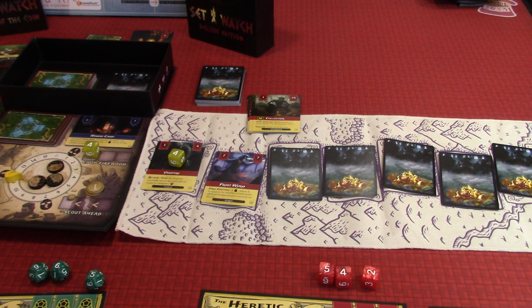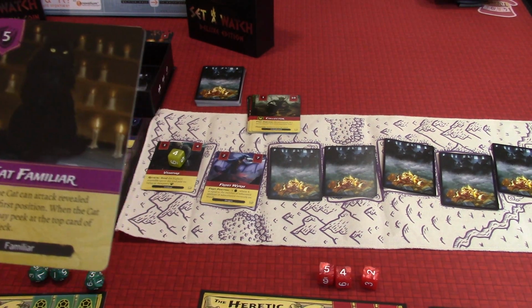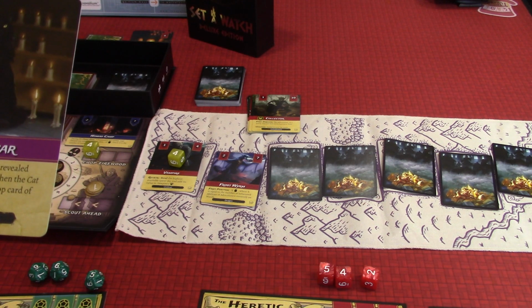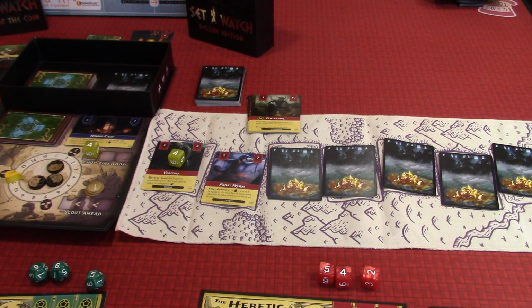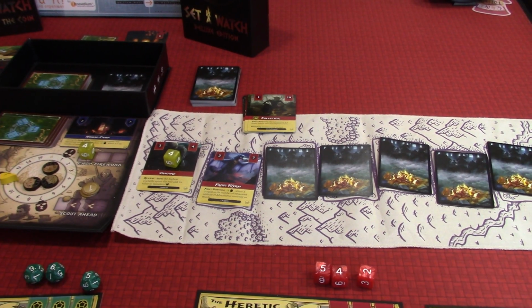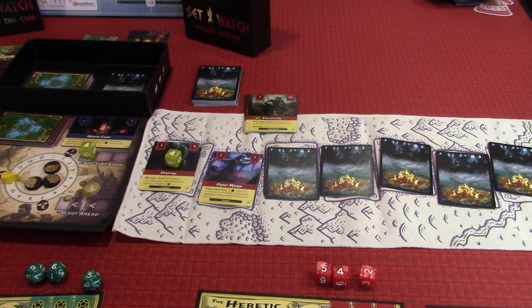Unfortunately, we got 2 melee folks and a couple of archery folks. The witch is archery, but she can't do that much. Well, actually, she can. Oh, that ability is exhausted. Darn it. We're going to have to use her cat, right? The cat can attack a revealed creature in the first position. When the cat attacks, you may peek at the top card of the creature deck. I don't know what the value of that is yet. I don't think we're going to have her go first. We might have the... Man, the heretic...